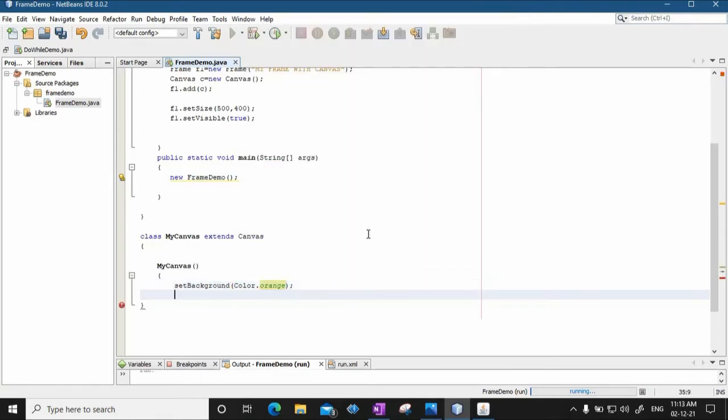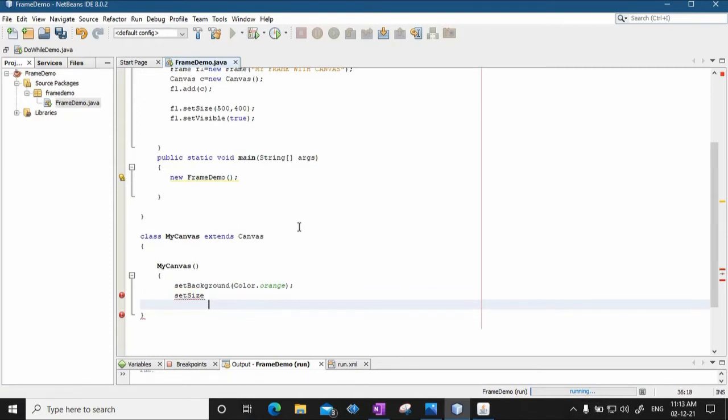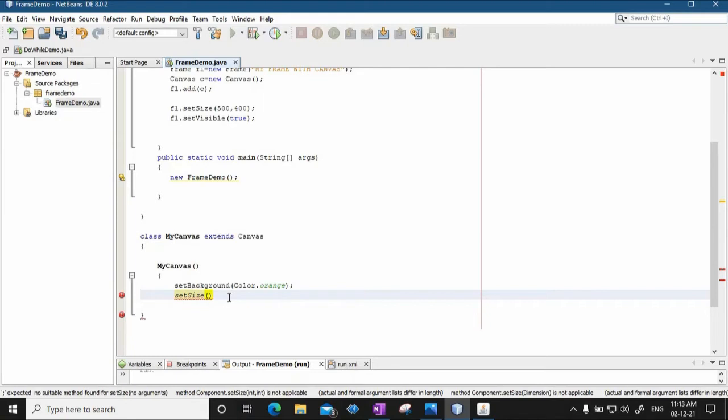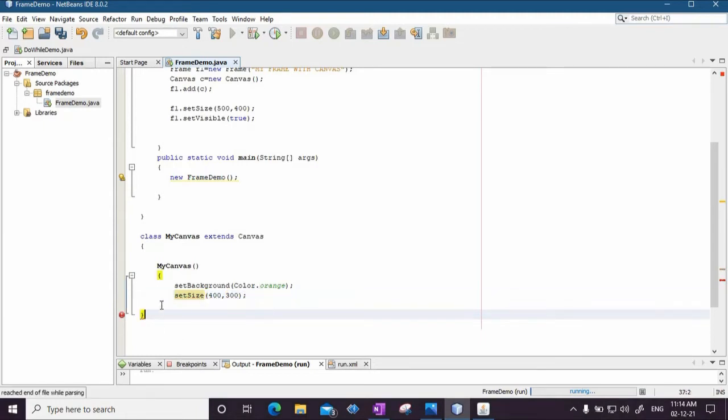Fine, background of the canvas will be orange, and I also want to change the size of the canvas. Size is a method called set size. So I can say set size, and let the canvas dimensions be say 400 by 300. So I have changed the size of the canvas also.